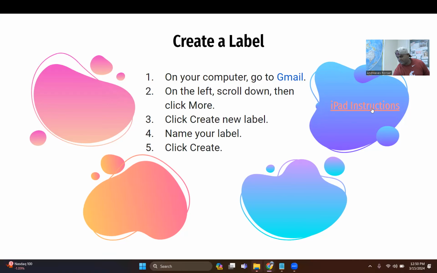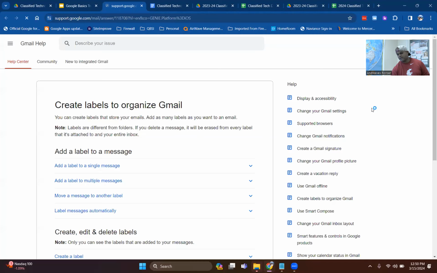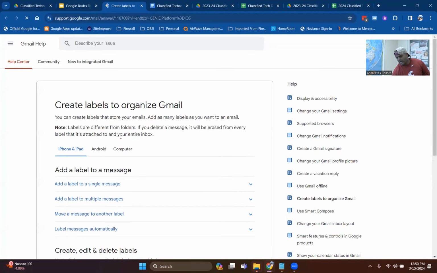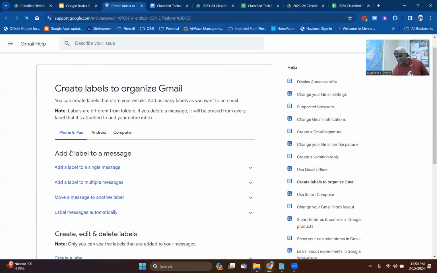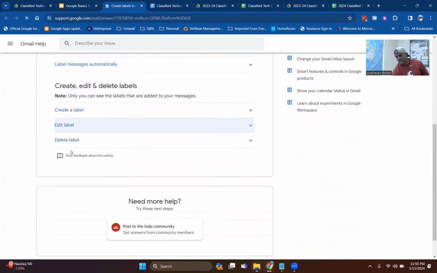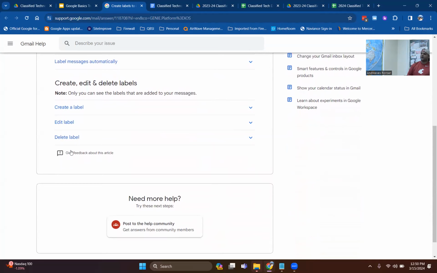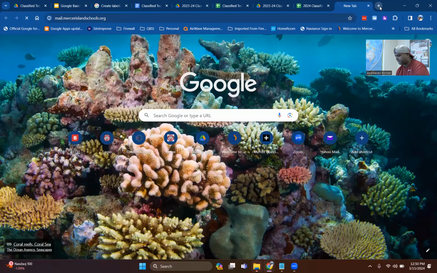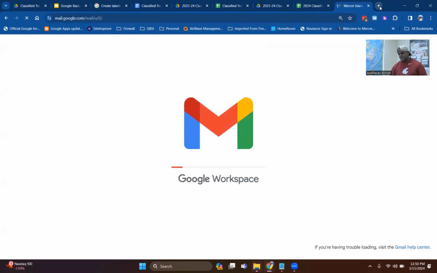Otherwise, if you're on an iPad, we have these links in here for iPad instructions. And right here, it's talking about creating labels to organize Gmail. And then there's instructions for iPhone and iPad and how to create labels within iPhone and iPad. Again, this slide deck will be shared out with you, but I did want to show you what that kind of looks like. And so as we think about labels,